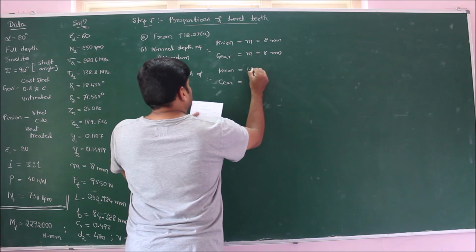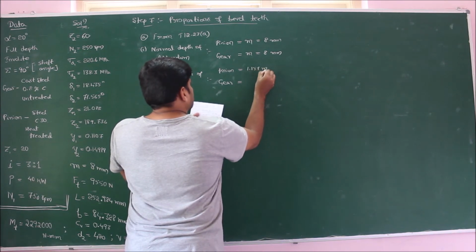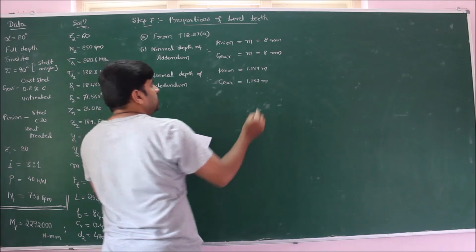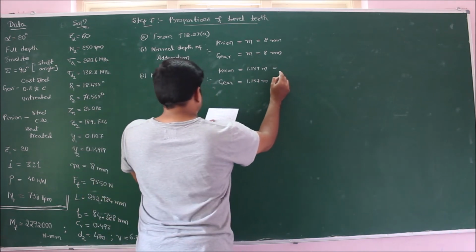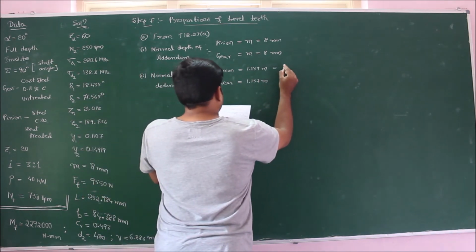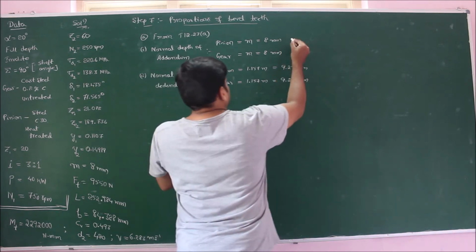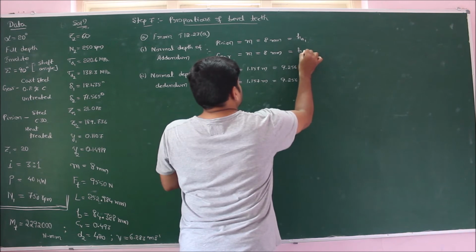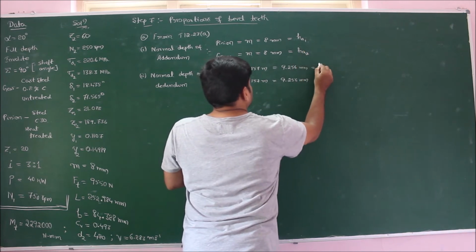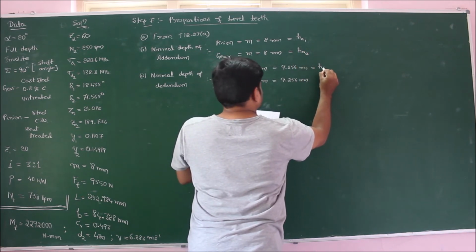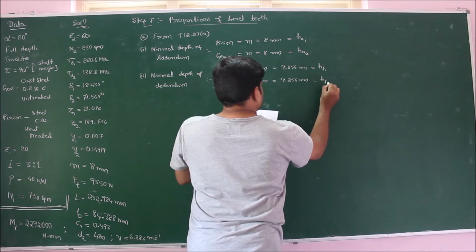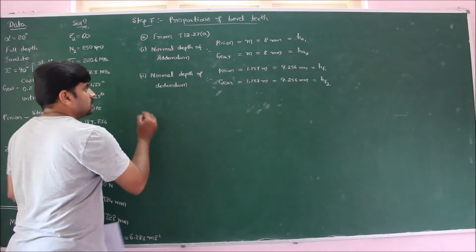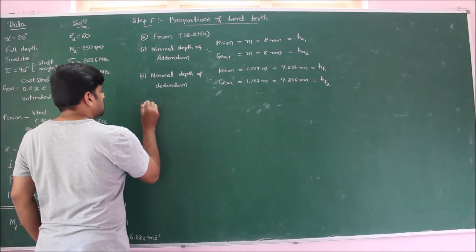is equal to 1.157 times the module. We already know the module is 8 millimeters, so if I solve, I will get it as 9.256, which are denoted by HCA1, HCA2, HF1, HF2.